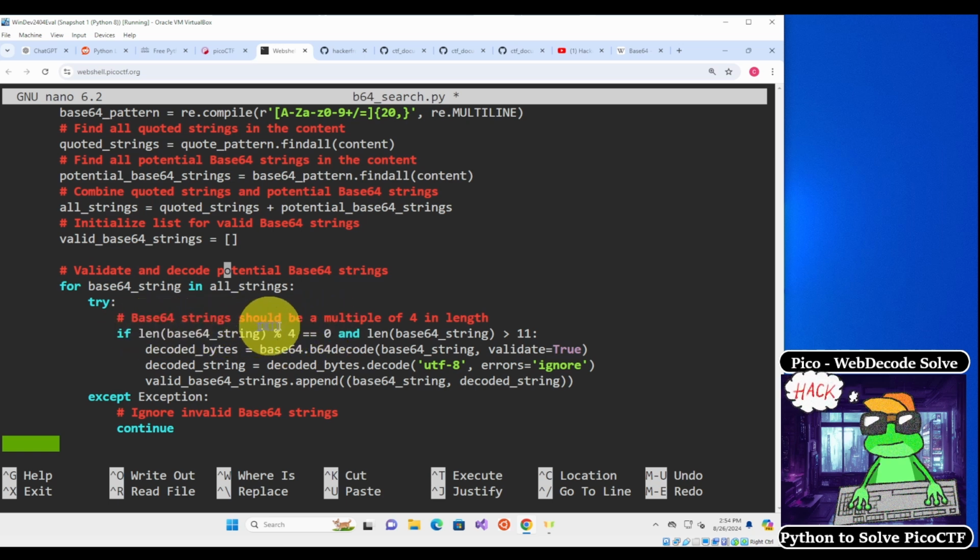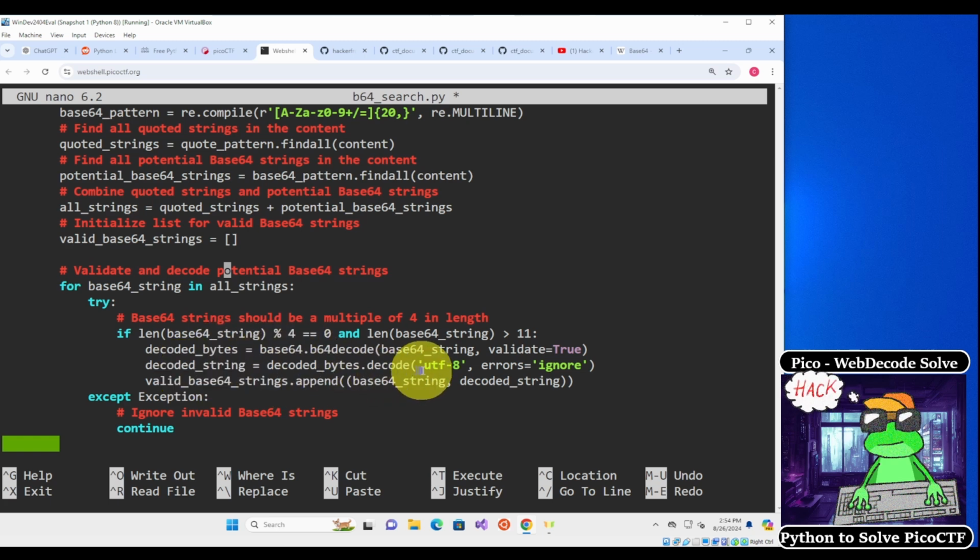A base 64 string should be a multiple of 4 in length. So we're going to test if the length of the base 64 string modulo 4 is equal to 0, and the length is greater than 11, then we're going to take the bytes of that string,